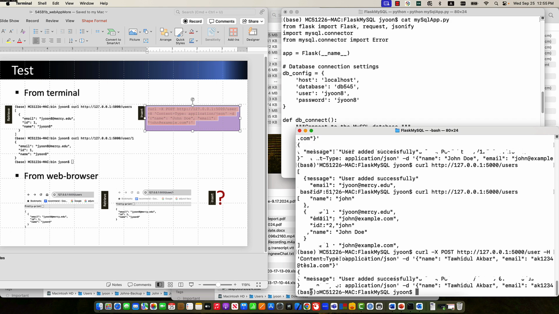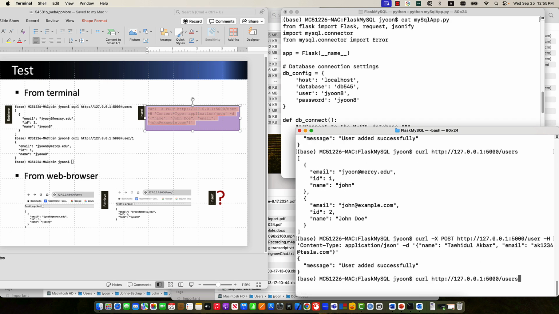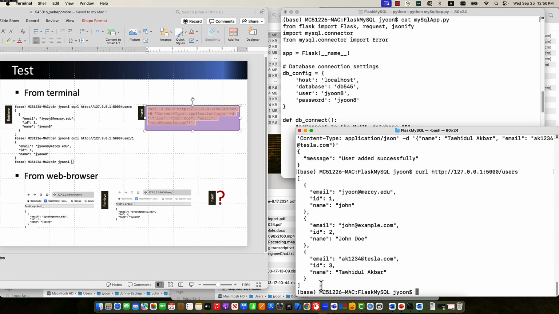Tesla.com, so it went in. If I retrieve the records in my database, then I have ID 3 is Akbar, ID 2 is John Doe, ID 1 is John, right? So it can be done